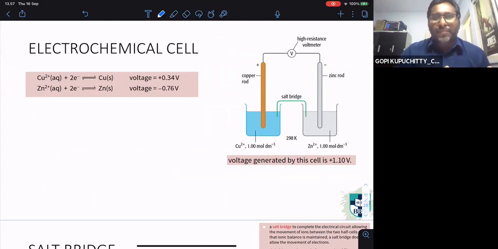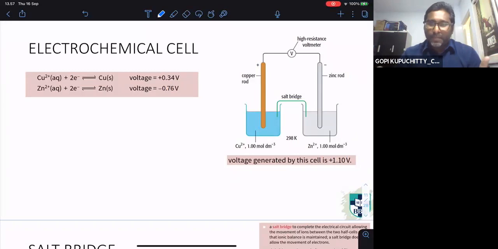Now, what is the difference between electrolysis and an electrochemical cell? Simple, only one difference. Electrolysis needs a battery, an electric current, a power supply, to move the ions and the electrons. But an electrochemical cell, you do not need to do that, because this electrochemical cell is going to have